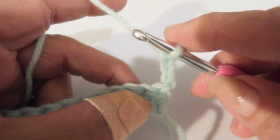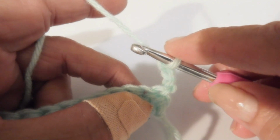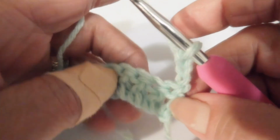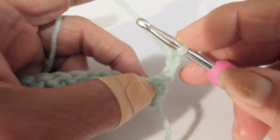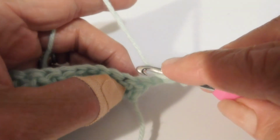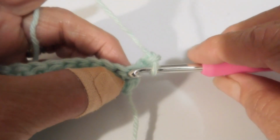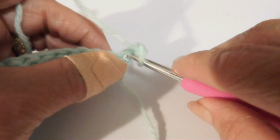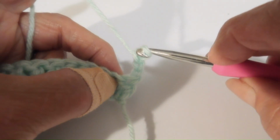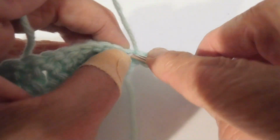Now we're going to double crochet in the next double crochet, chain 1, skip the next double crochet, and then double crochet. But I'll say that as we're going. Okay, we chain 3, it's our first double crochet, so we're going to double crochet in the next stitch. In case where it says first stitch, we're going to go to the second stitch because this here is your first double crochet, so that would be that stitch. So we're going to double crochet in the next stitch,